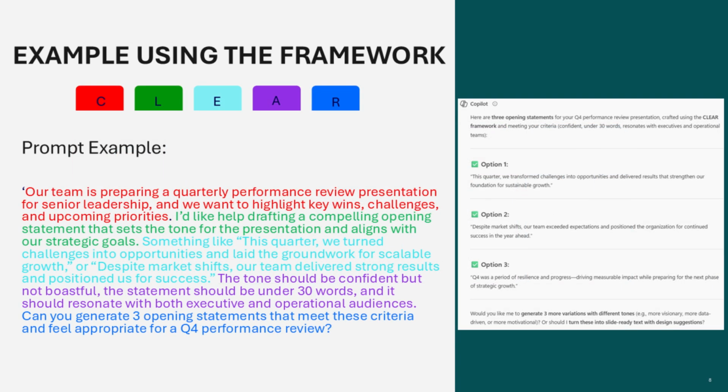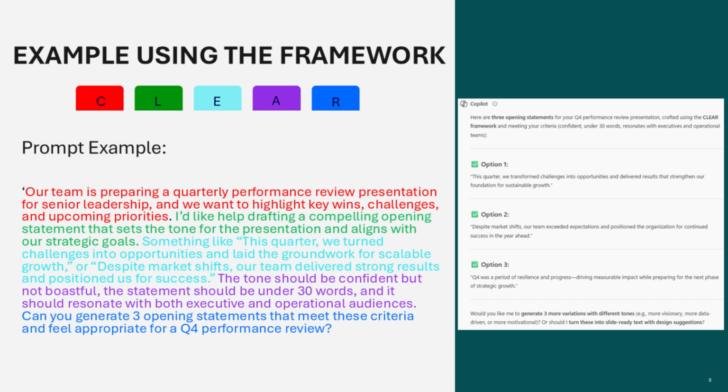This example shows how the CLEAR framework helps guide Copilot toward a precise outcome. It begins with context, setting the situation so Copilot understands the business moment. In this case, preparing a quarterly performance review for senior leadership. Next, the lead clarifies what Copilot should focus on, crafting a strong opening statement that sets the tone for the presentation.